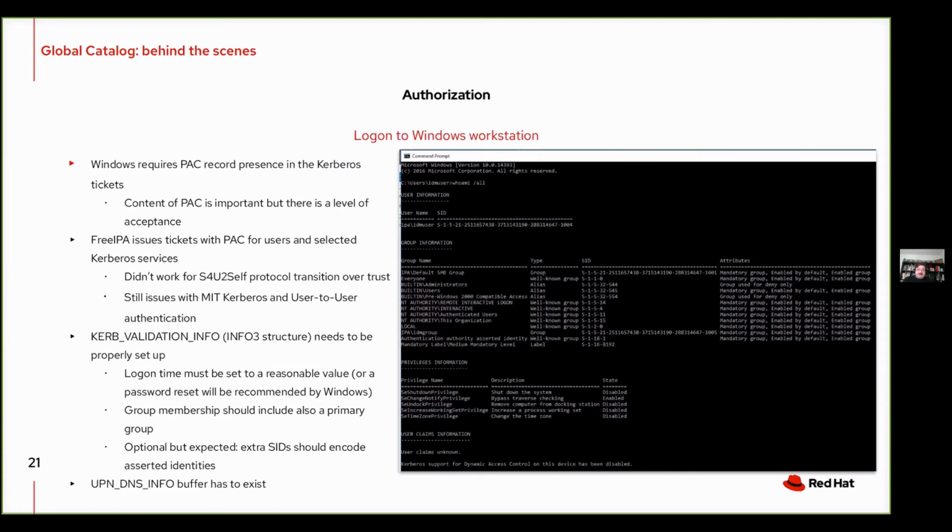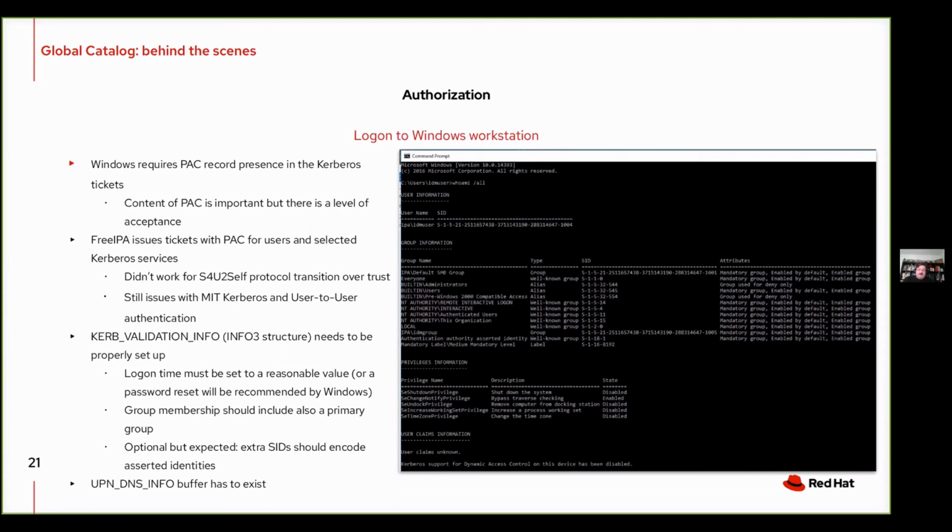So for example, you can see these aliases to built-in, like built-in administrators, built-in users, and so on. And you can see that this is a remote interactive logon, NT AUTHORITY. This is an alias that is added because this is a user that belongs to a group that is allowed to do remote logon. So it possesses this SID in its token upon the logon. But we also can see the IPA IDM group in this list, and all the others will be there.